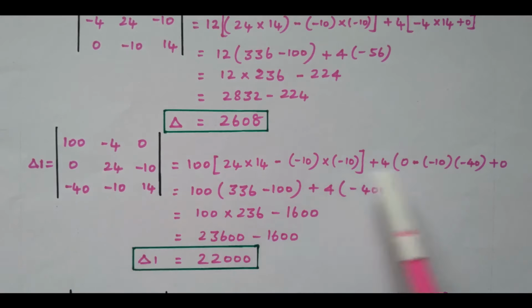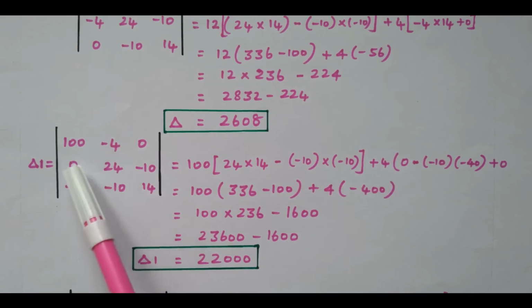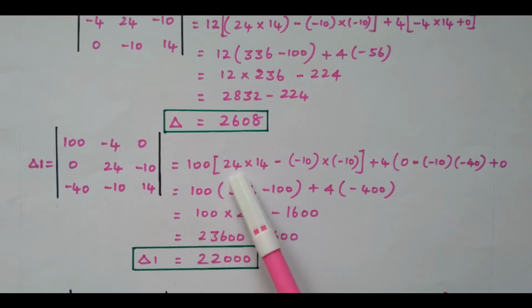Already here minus is there, so it becomes plus. Second time normally we'll take negative, already negative is there, so it becomes plus. Then 0 into 14, 0 into 14 minus 0 into 14 becomes 0, minus 10 into minus 40. Right? The third term is 0, so automatically the third term becomes 0. So 100 into 24 into 14 is 336 minus this minus. This minus 10 into minus 10 becomes plus 10, that is 100, but already one negative is there, so minus